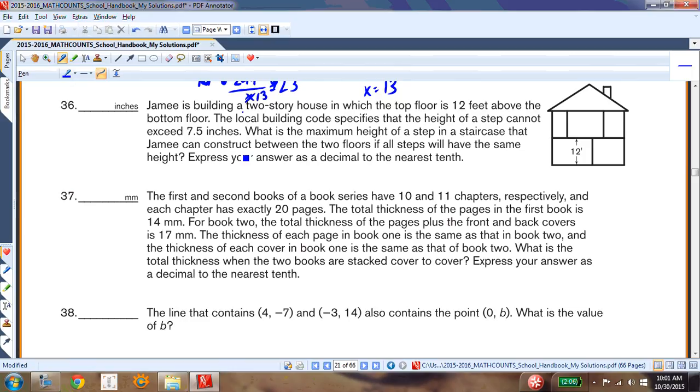I'm going to take a similar approach here. I know that I have 144 inches because 12 feet is 144 inches. If I divide that by the height of the step, I'll call that H, I know that this has to be a whole number. It has to be an integer. So I just want to find which X will give me a whole number, beginning at 7.5. So for example, 144 divided by 7.5